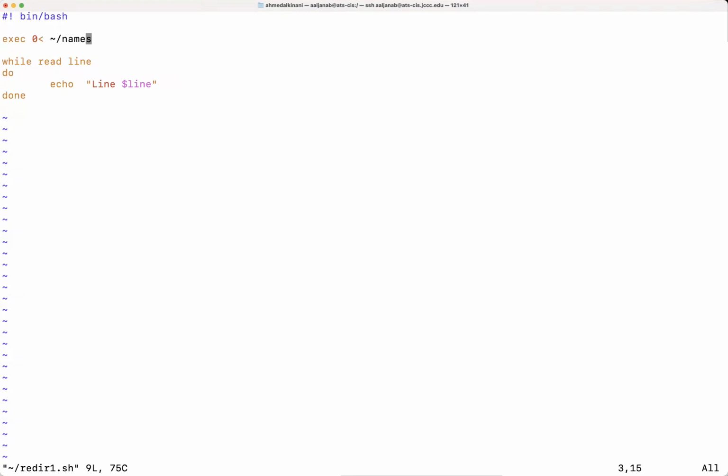You have to actually tell me which file you're going to be utilizing to send the standard output to, and the standard input to read from, and the standard errors to. And when it comes to standard inputs, you just tell me which file I'm going to read from, and you continue with it normally. But when it comes to standard outputs, you have to tell me which echo statement you want to be sent as a standard output, and which echo statement you want to use to send as a standard error message. So that's, again, a very, very simple method to redirect in a script file.